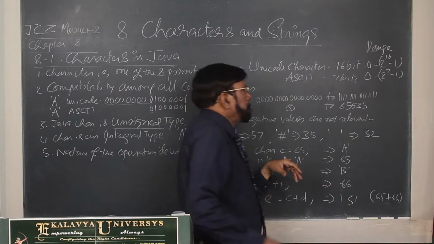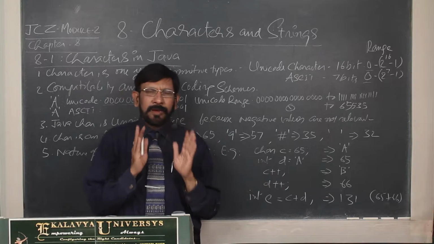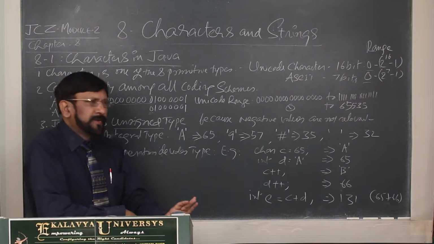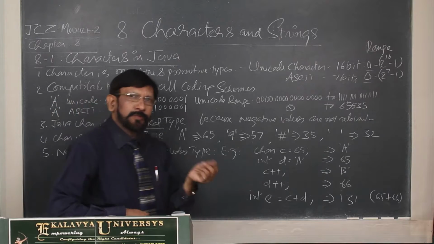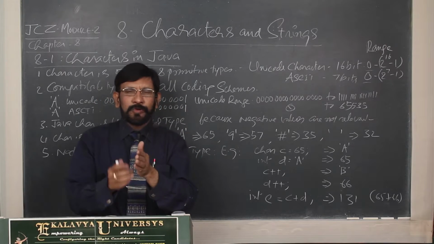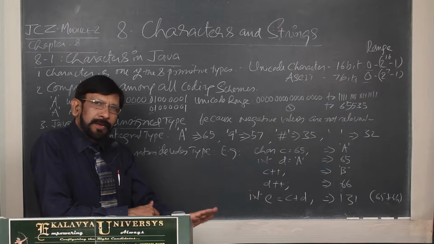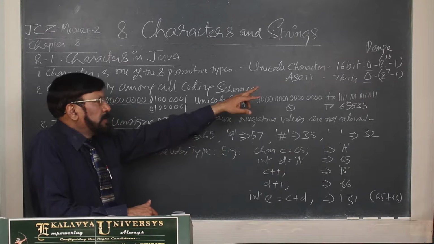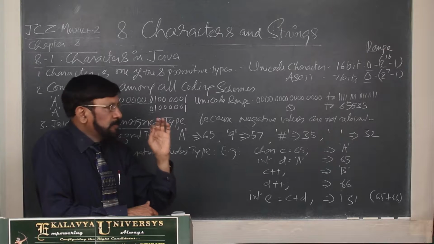Always remember, all these are 0 based indexes. As far as computers are concerned, all indexes are 0 based. You must remember. In real life, we use 1 based indexes because our page numbers in a book start from 1, our quarter numbers start from 1, like that. But computer indexes start from 0. They are 0 based indexes.